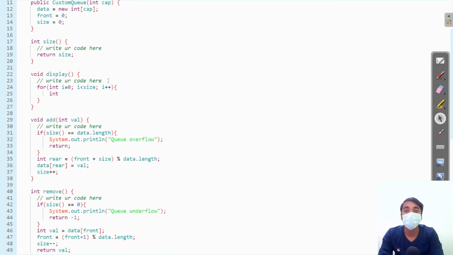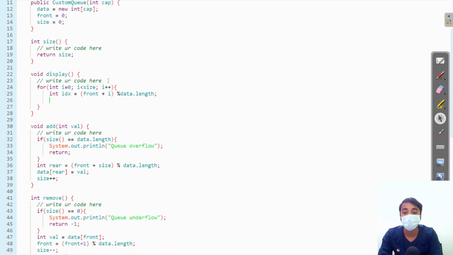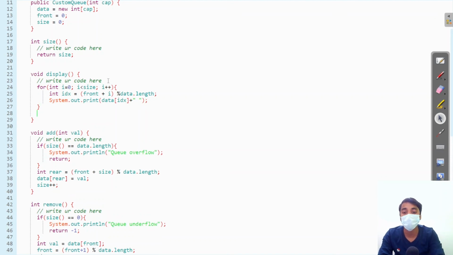Now first we need to find the index. The index will be front plus i modulo data dot length. Now we will print the element present at that index. After that, we will print a new line.